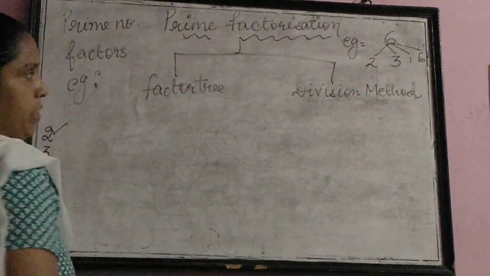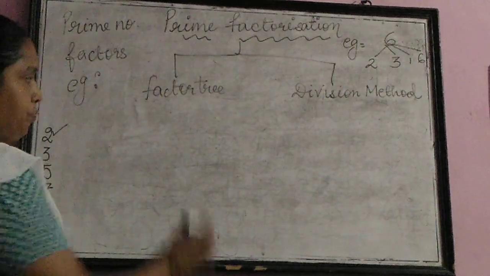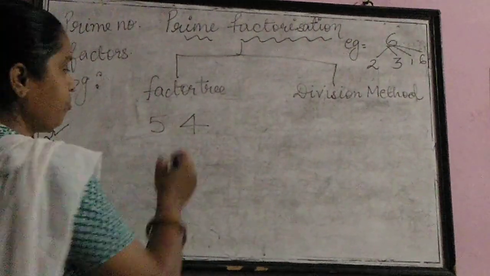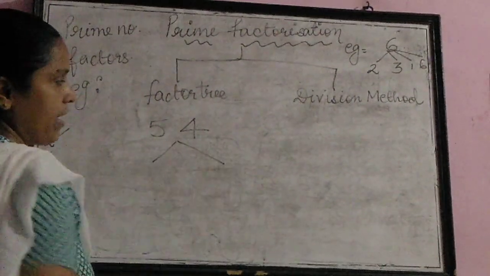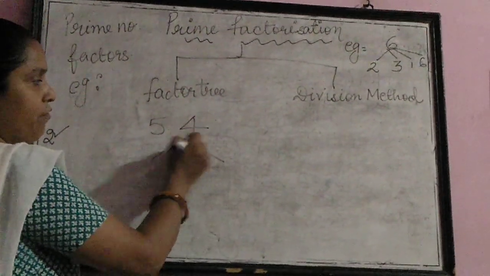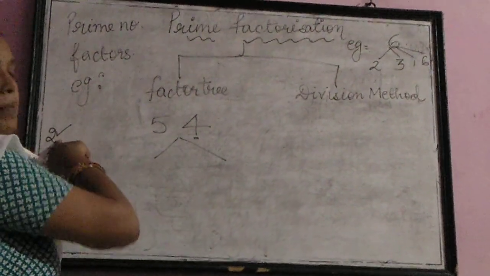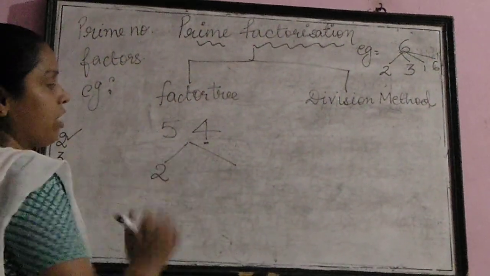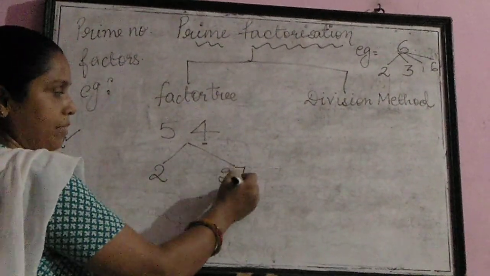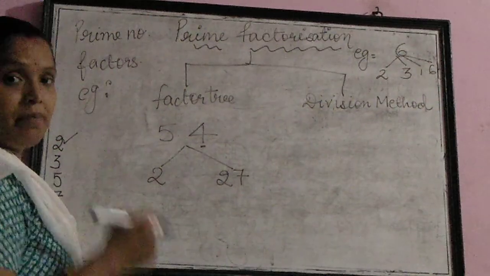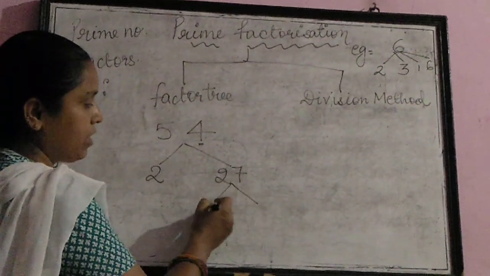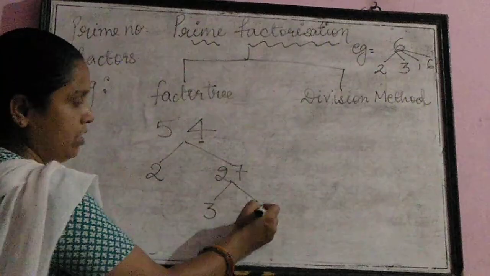Today I will be explaining the factor tree method. Let's have one example, 54. I am making the factors of 54. Since it is an even number, it will go on with the prime number 2. In the table of 2, 54 is 2 times 27. You can check it by doing the division also, children. And 27 comes in the table of 3, 3 times 9.